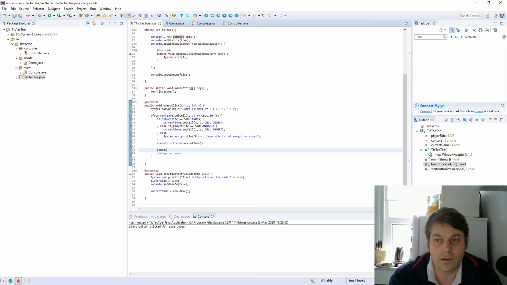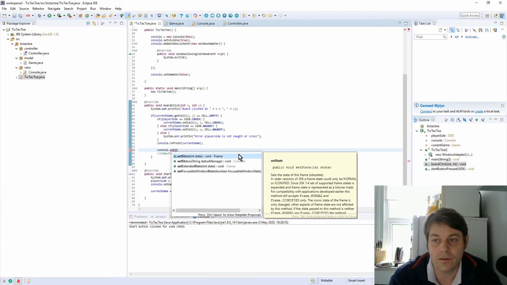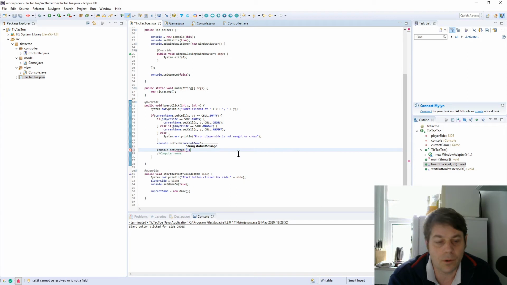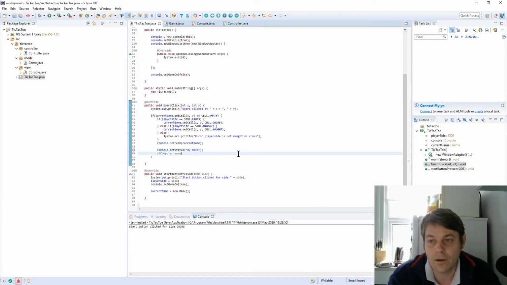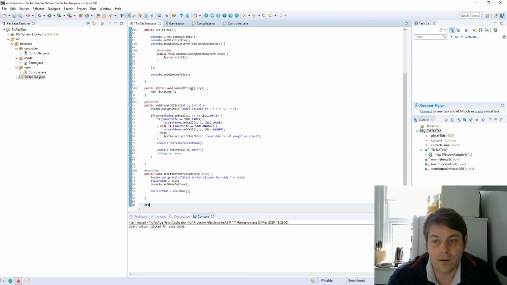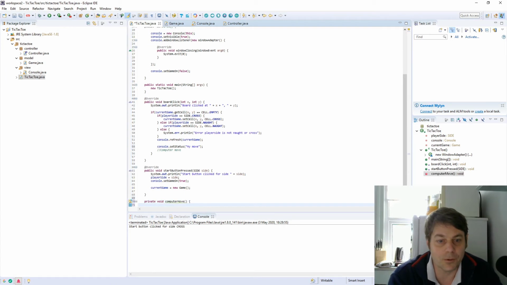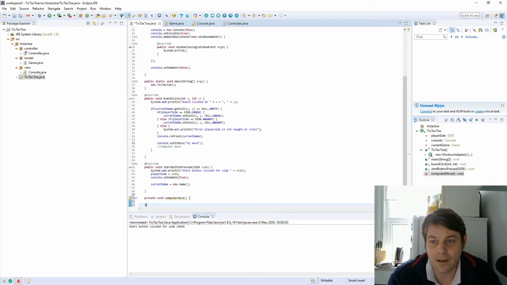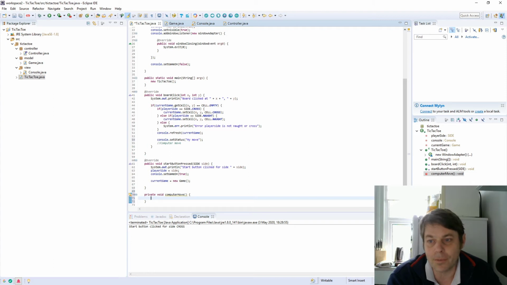So here we say console set status, my move. Computer move. And that's going to be, computer move is going to be the interesting bit really, where we think about how the computer should play. But for now, we'll just say